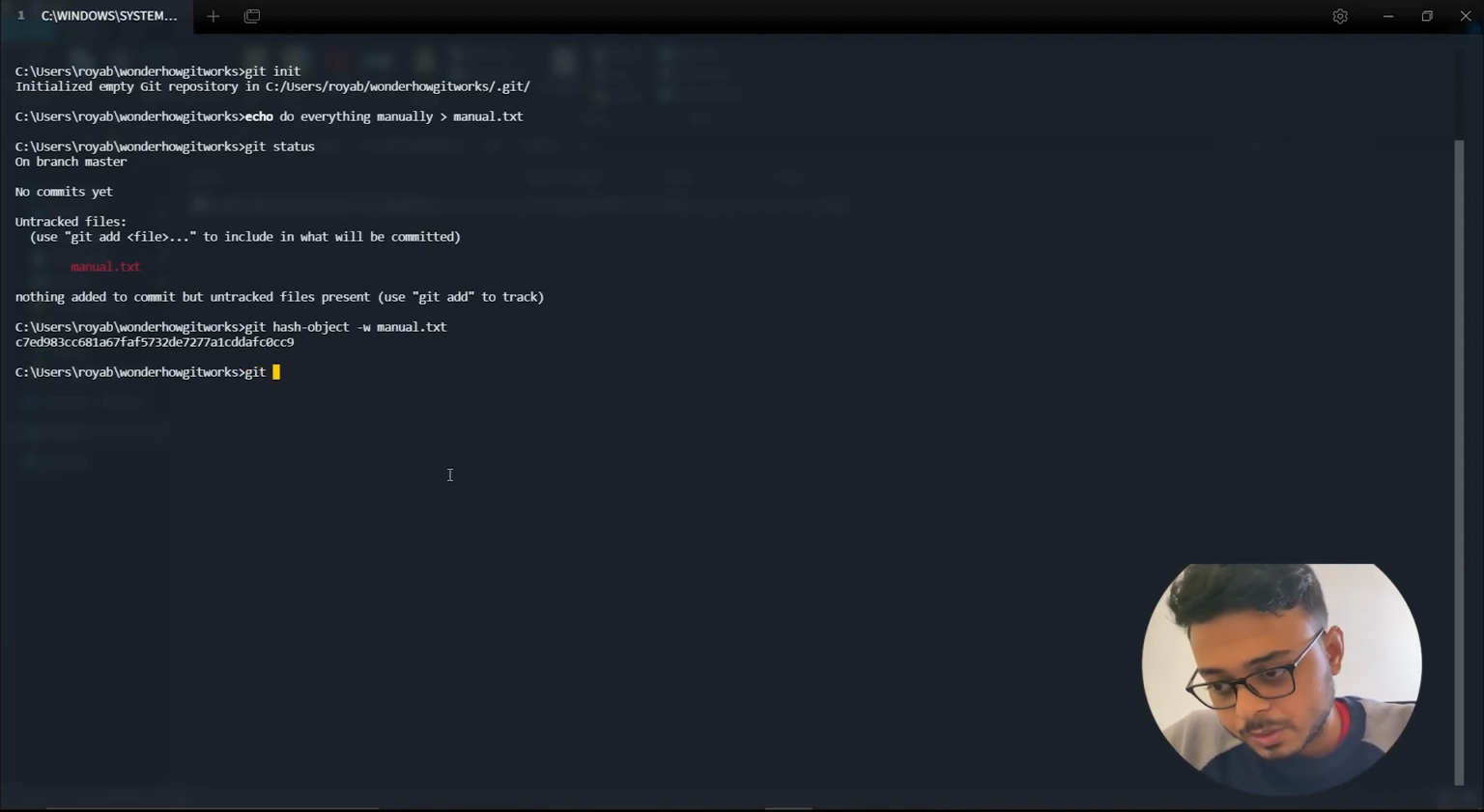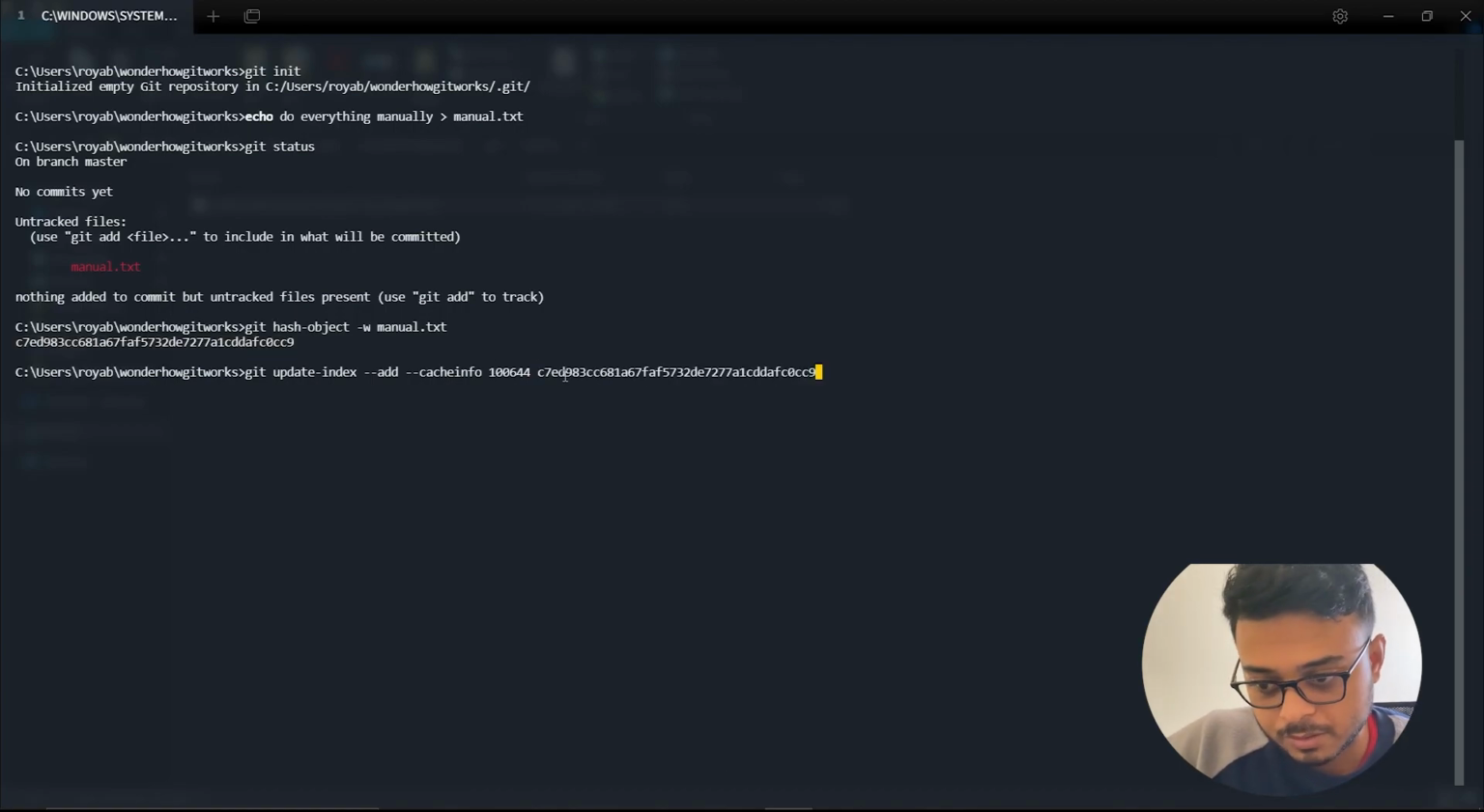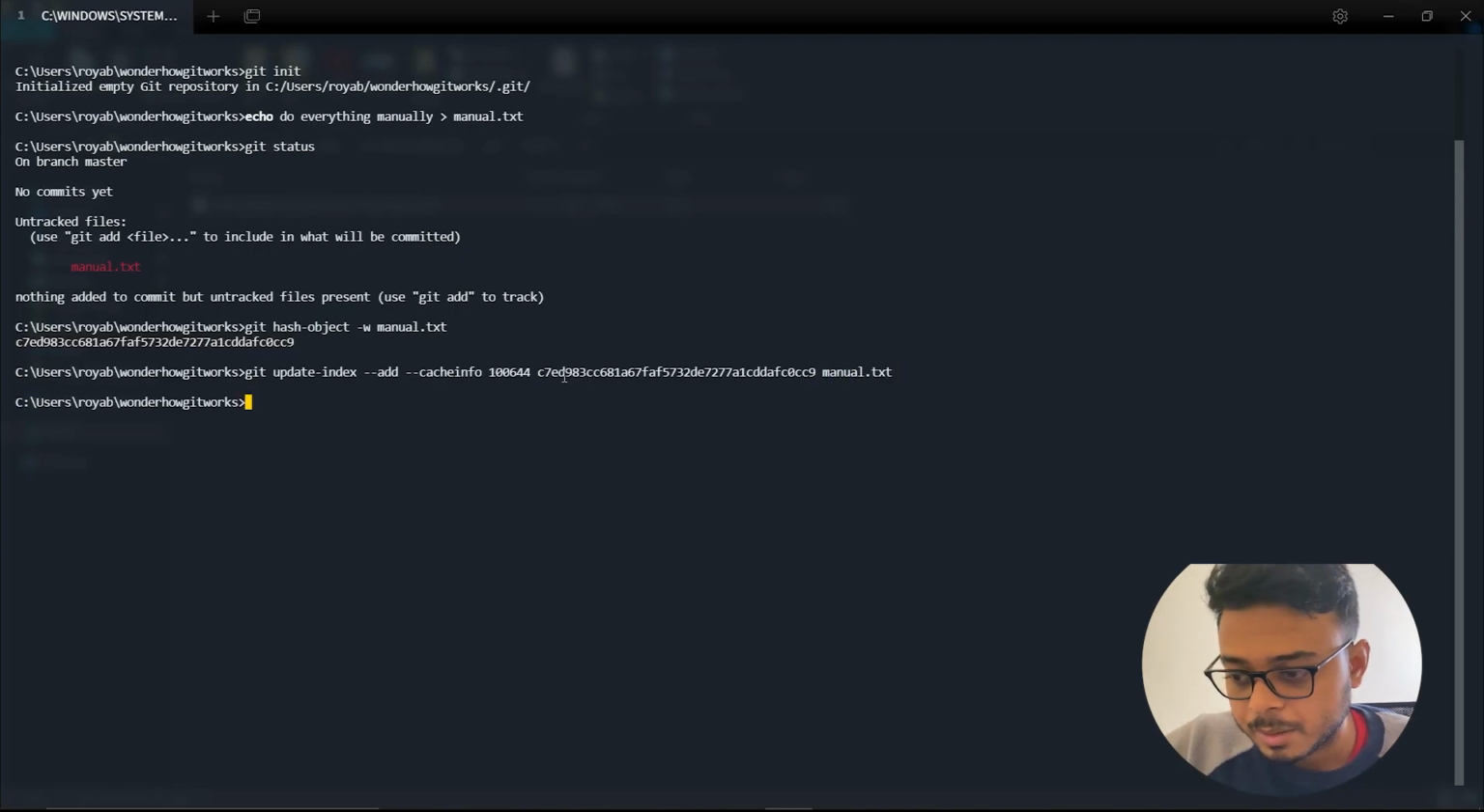So what we will do is git update-index, and we will pass in --add because we are adding it. --cacheinfo we will pass as 100644, which means it's a normal file, right? And then we have to pass this hash, so we'll copy this, paste it over here, and then pass the file name as well,